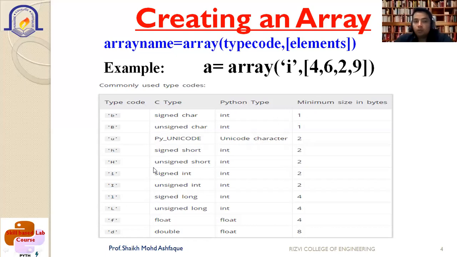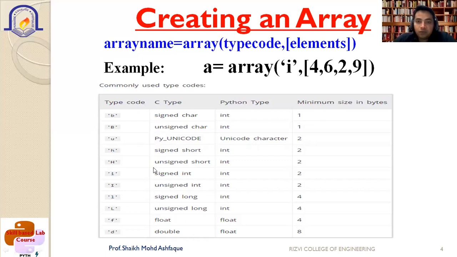Next, importing the array module. There are 3 ways to import the array module. Array is one of the modules which has to be imported whenever you are going to use it. These are the 3 different ways by which you can import your module. First, import array. Second, import array as AR, where we refer to the array with the help of the variable AR. Third, from array import star, where star means everything. These are the 3 ways. We are going to discuss one by one how to write each in the form of an example.